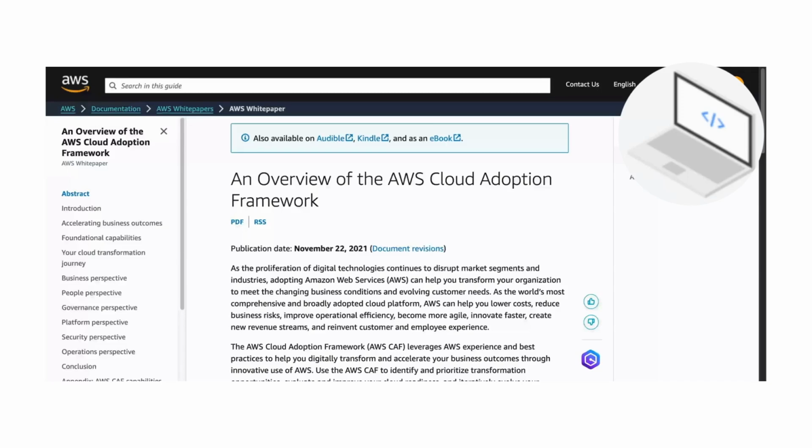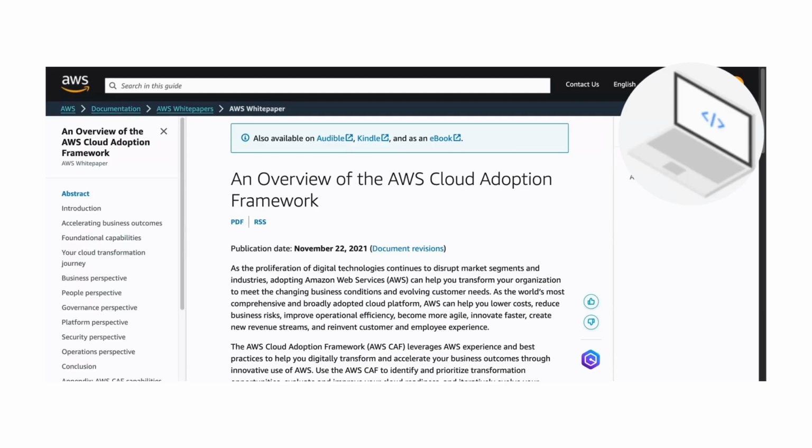Hello, in this video I will be talking about AWS Cloud Adoption Framework. It is a white paper which helps companies plan their migration from on-premise infrastructure to cloud services provided by the AWS. You might want to educate yourself on this if your organization is considering or already on a journey to